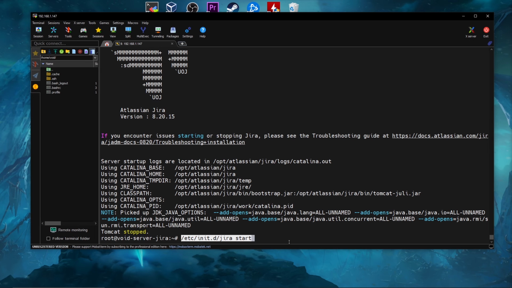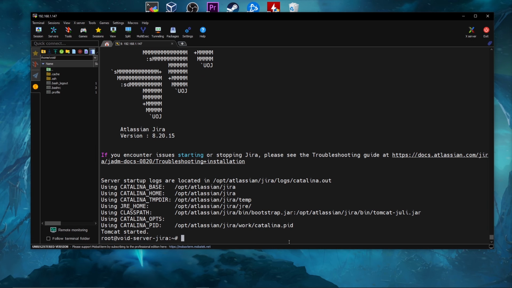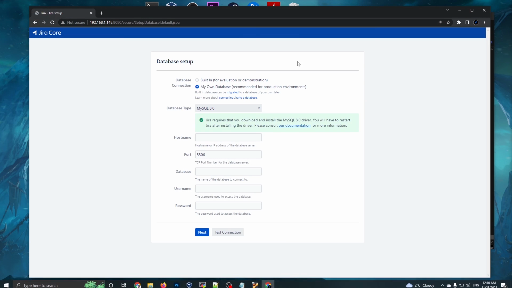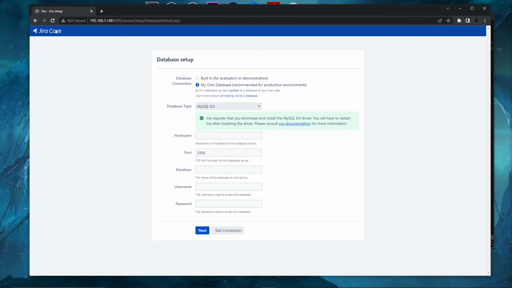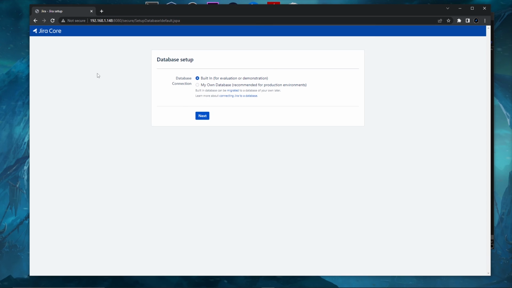So we'll use the same command, but this time with Jira start. And now Tomcat has started. So now we can head back to our browser, and we need to fill in the details on this. Let's find it. I think I lost it. No, I didn't lose it. It's here. So I just want to refresh our page,